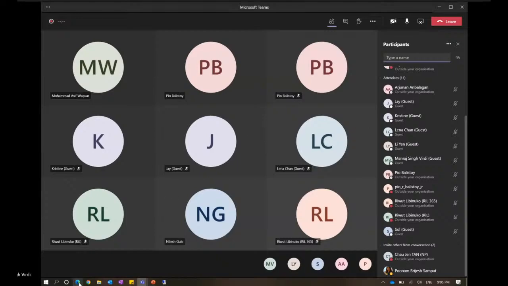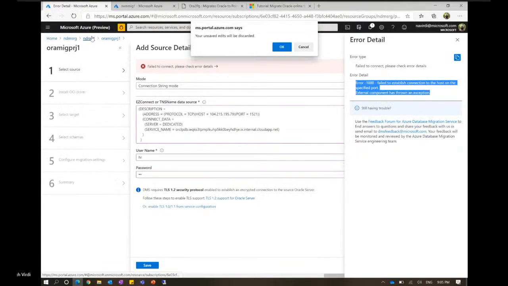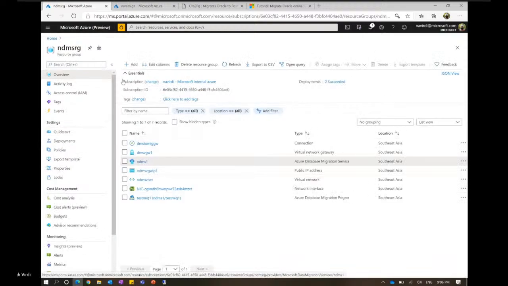Just that by default, the VM that DMS creates will have storage of only 2 terabyte. So wherever you see that the initial dump of the database, the snapshot of Oracle, will be more than that, make sure you raise a support request and ask the support team to increase the size of your VM disk to whatever you are anticipating. That is an important thing. Other than that, DMS does not have any limitation.